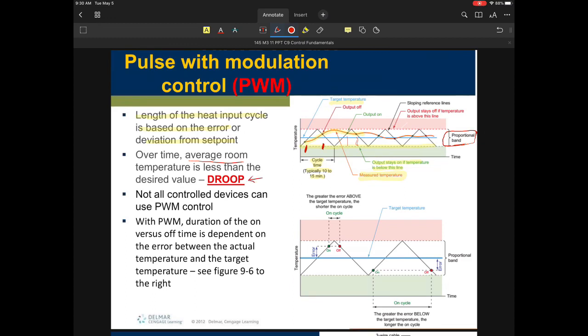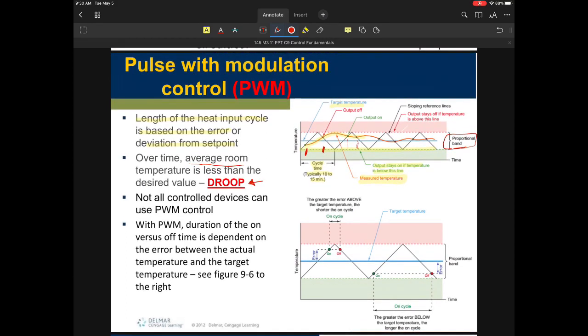There was a term they talked about in your book, when over time the average room temp becomes less than the desired temp, and that's true with electronic controllers. They will call that factor a droop factor, where it will always seem to maintain a temperature that might be slightly less, on average, than the actual setpoint temp in there. So next thing,